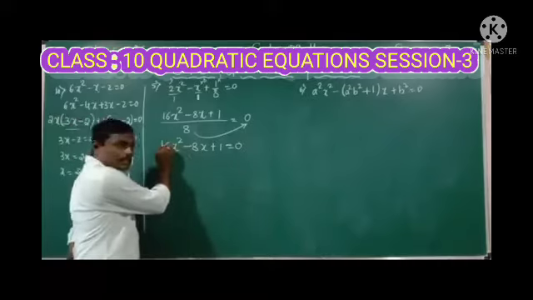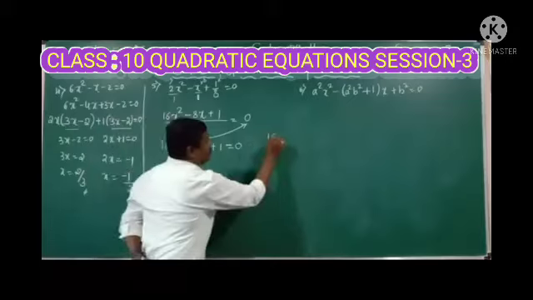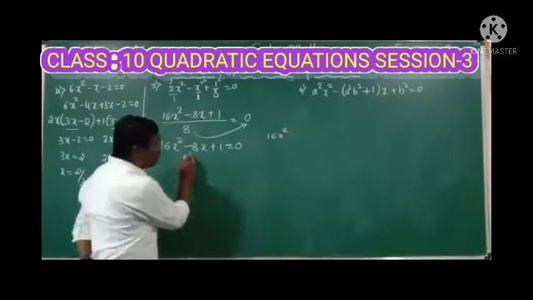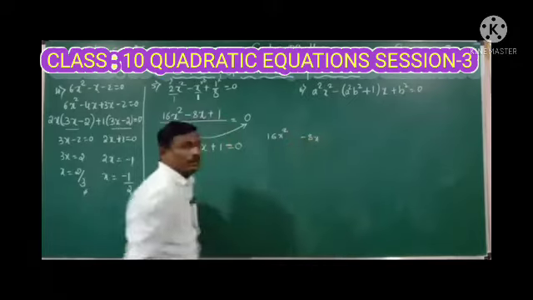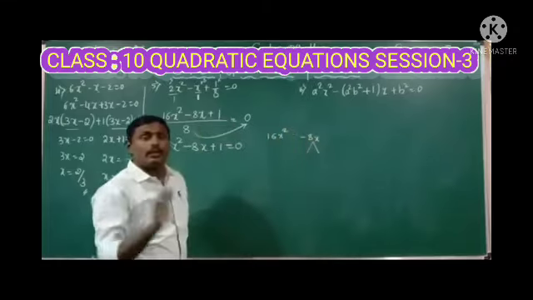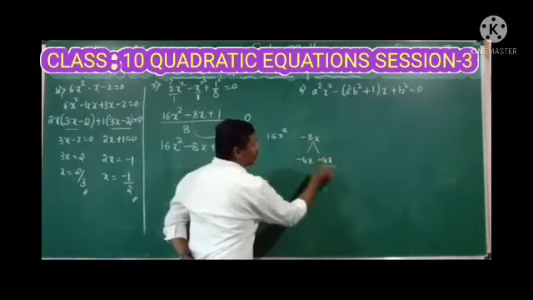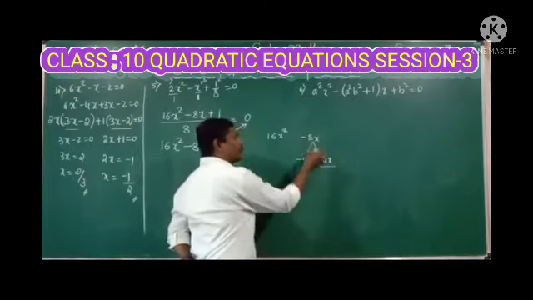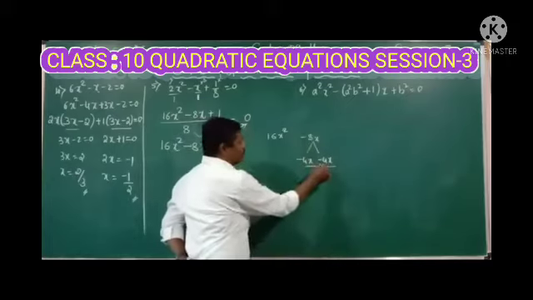Now multiply the first term and last term. 16x square into 1, 16x square. What is the middle term here? Minus 8x. Now we need to split the minus 8 as two terms: minus 4x and minus 4x. The sum should be equal to the middle term when we add these two terms. When we multiply these two same terms, we get